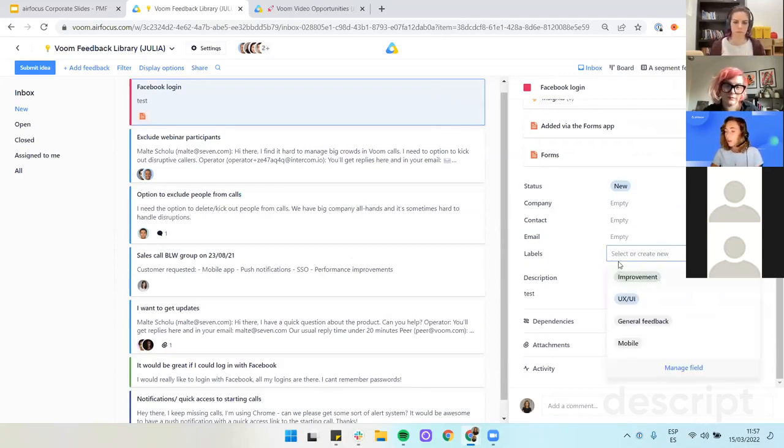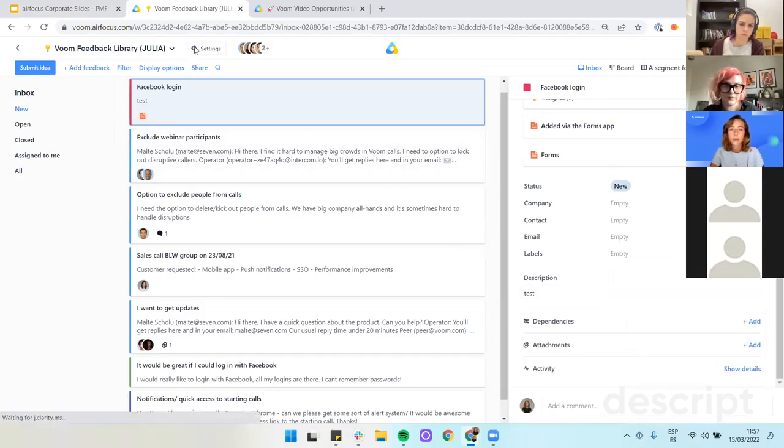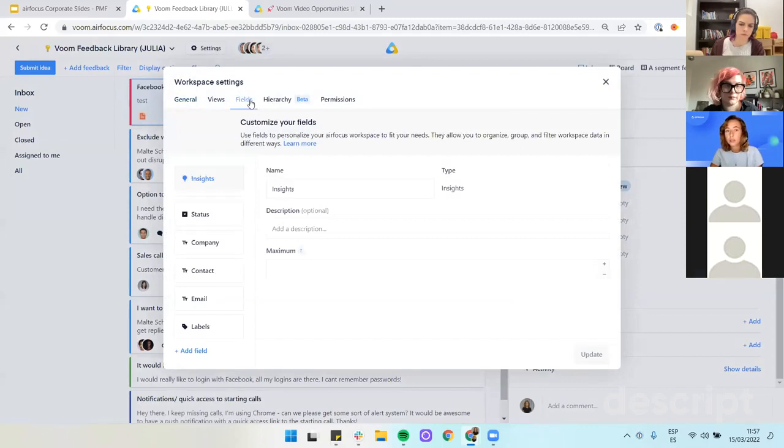And I've set up label options to label feedback with options like improvement, or this is user experience, it's general feedback, or mobile feedback, and so on. And you can create any type of feedback options here that you want,